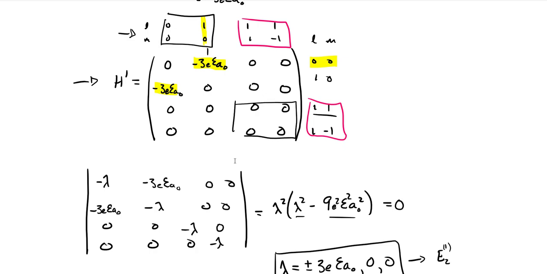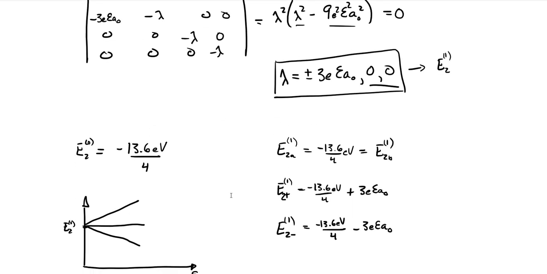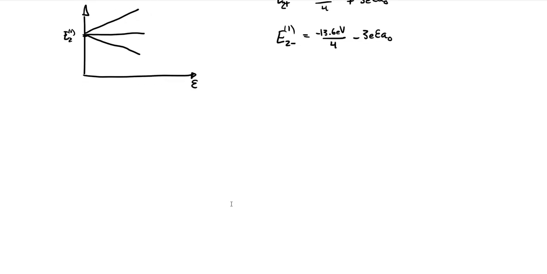So we know that the L equals 1, m equals 1 and the L equals 1, m equals minus 1 states are not perturbed by this. And it's this sort of L equals 0, m equals 0, and L equals 1, m equals 0 subspace that we have to diagonalize to figure out what those perturbed states look like. To find those states, we're essentially looking at the eigenvalue equation for those perturbed energies, right?